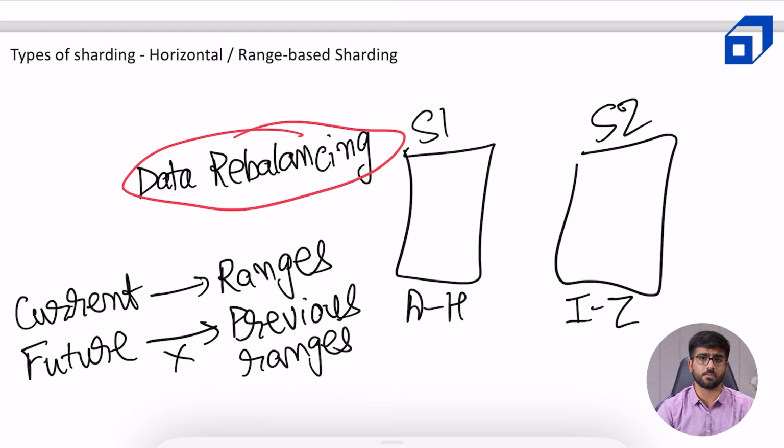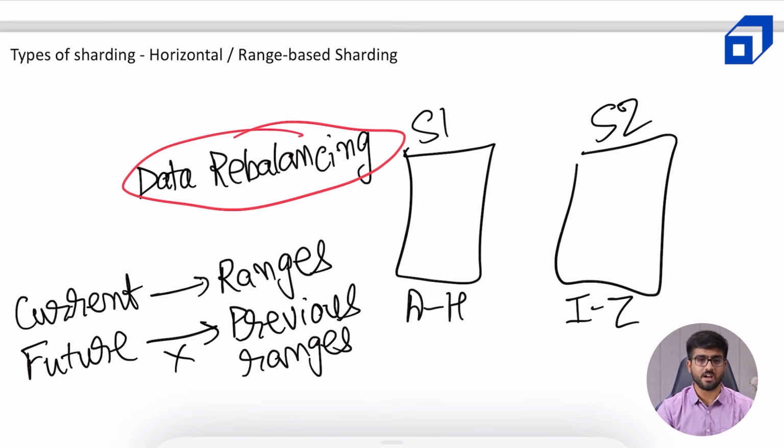Now, it is possible that there is some static data, okay, which doesn't change a lot in future. Let's say it's student data. Admissions are over, we have added all the students to our database, and now we don't foresee a lot of changes unless someone drops out, okay, which is also rare. But let's say we don't foresee a lot of changes in the future. Some changes might happen in the next year when a new batch comes in. So the data is not going to change, okay. It can have a lot of read requests,